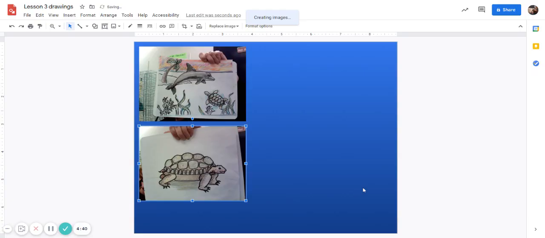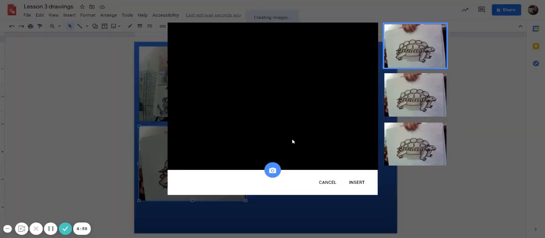And now I'm ready to add my third drawing. So my third drawing is, I'm looking for it. I found it. Okay, it's right here. So I have my third drawing, and I'm going to hold this one up, and I'm going to image, go to camera,